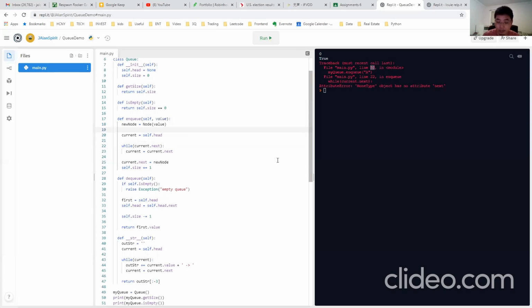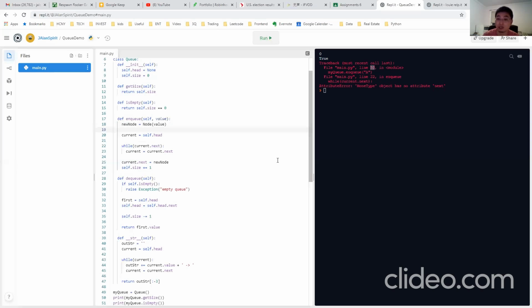What condition check should we add here? Aston? We have to take care of this edge case.